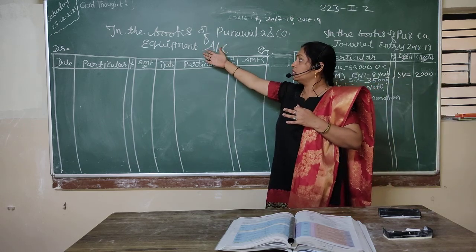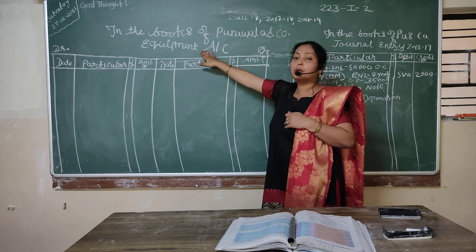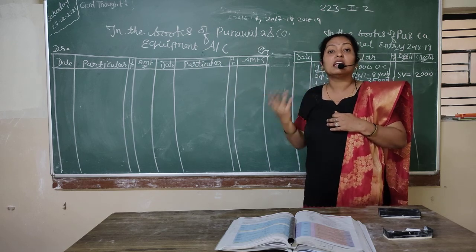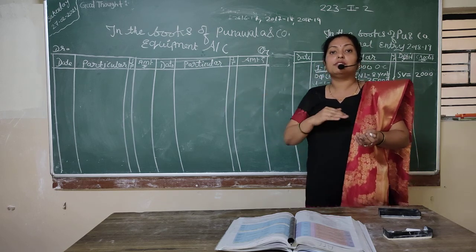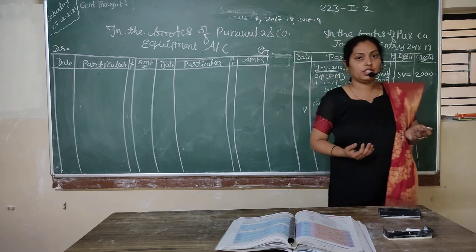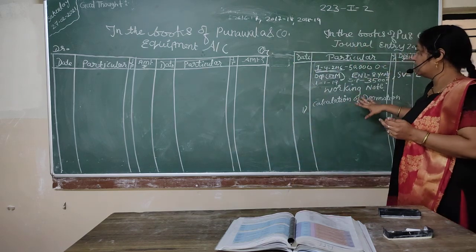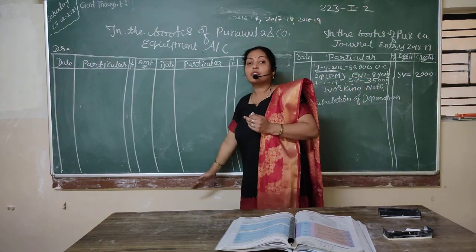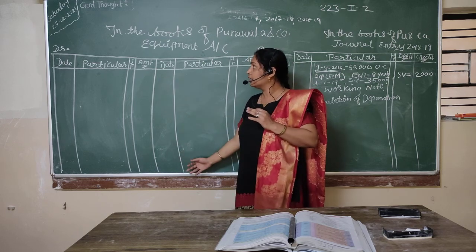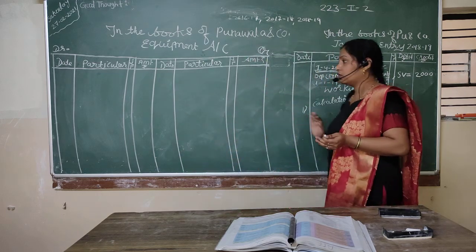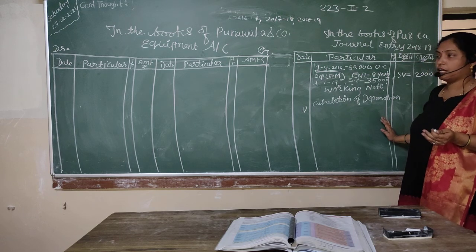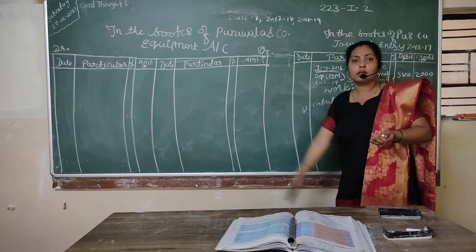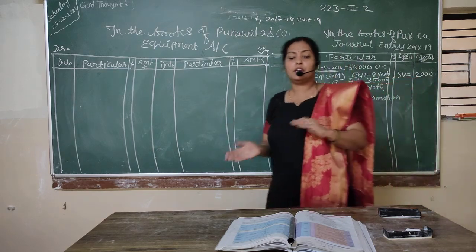Again students, here they have asked us only to prepare the equipment account, so we will prepare only the equipment account. We will not think about the depreciation account because we have not been asked to prepare it. They have asked us the journal entry. So first we will pass the whole journal entry into the equipment account, and after that we will pass the third year's journal entry here. Or you can also pass the third year's journal entry first and then prepare the equipment account. It is as per your convenience.